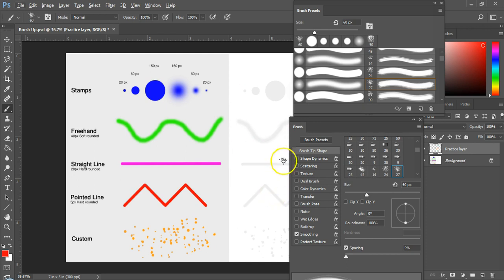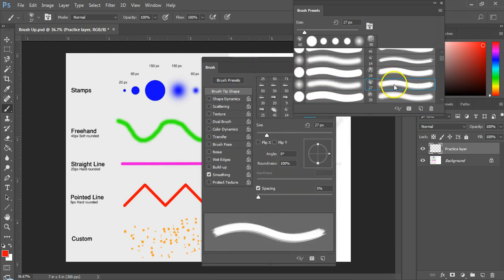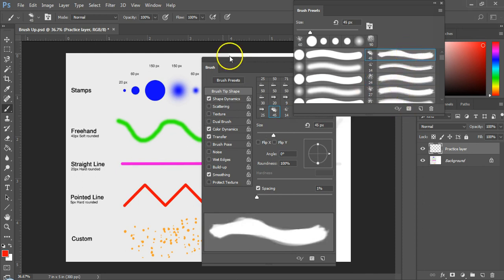The next panel is the brush panel. This panel provides you a variety of settings to apply to the brushes which we'll learn later in the video. The brush panel and the brush presets panel go hand in hand with each other. As I select a brush from the brush presets panel, you can see that we are loading the details of that brush in the brush panel below. It is also important to notice the control panel above while using the brush tool. Let me close both of these panels first.